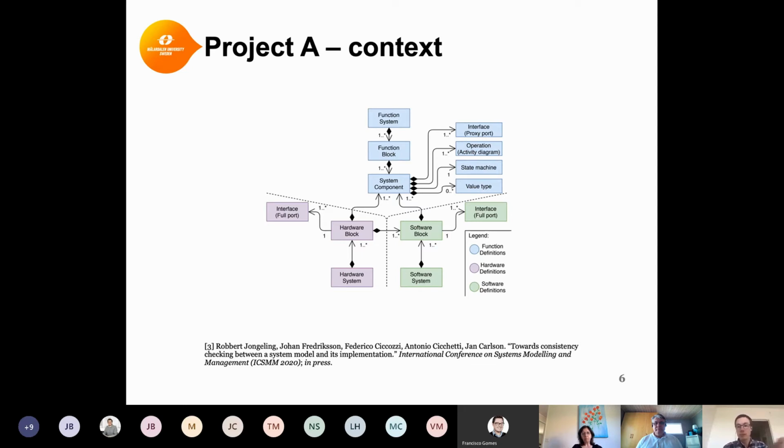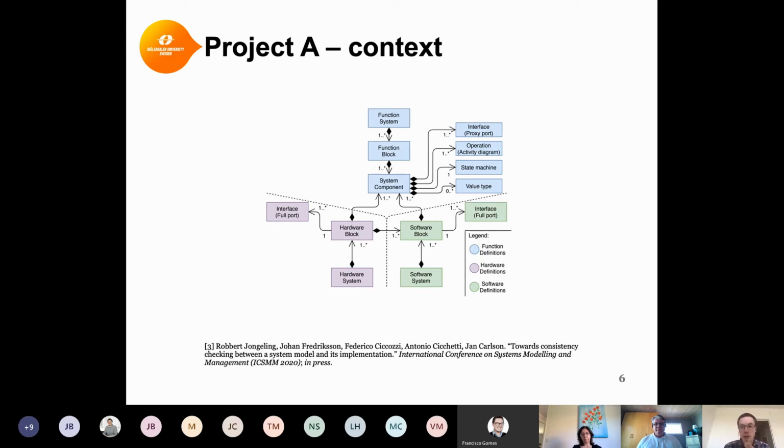The functionality is decomposed into function blocks that are then further implemented by smaller components. And the model also captures the allocation of those components to either software or hardware. But do note that the refinement of the system model into implementation is a manual task, because of course the model does not contain enough detail to automatically generate code from it. The system model is described using SysML diagrams.